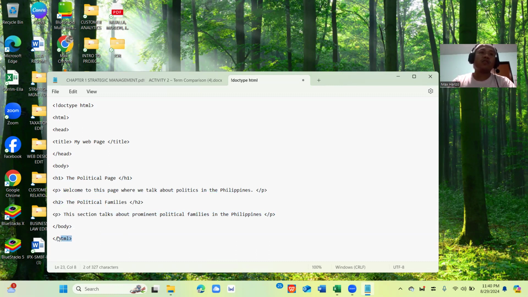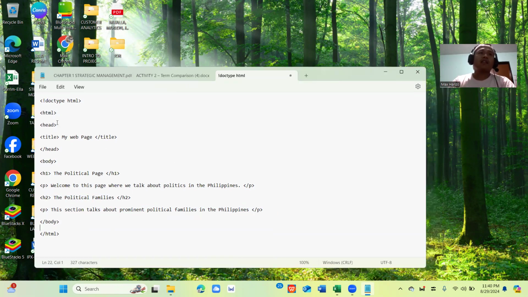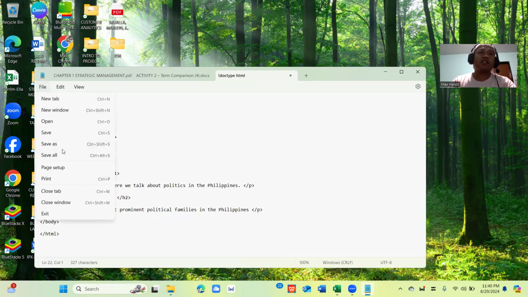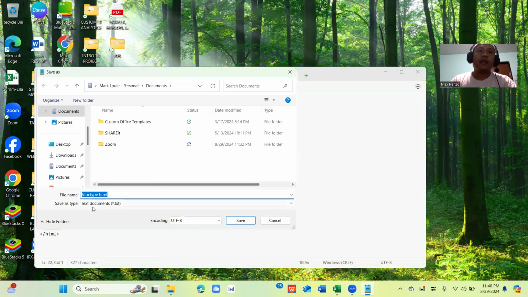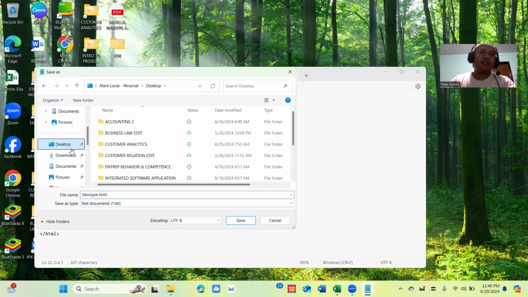And then we're ending this with the closing HTML tagging because we have opened it up with an HTML tag. So in order for it to become a website, we have to save that. Let's just save it on the desktop so it's easier to see.